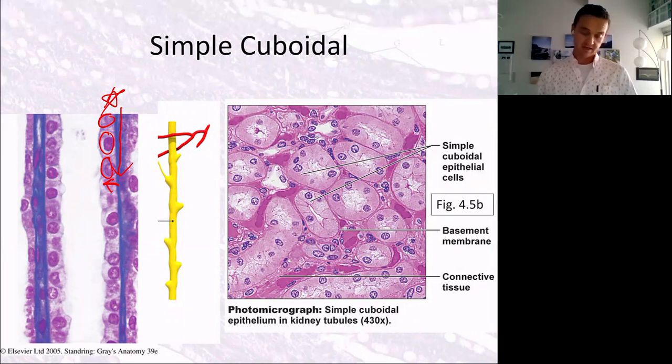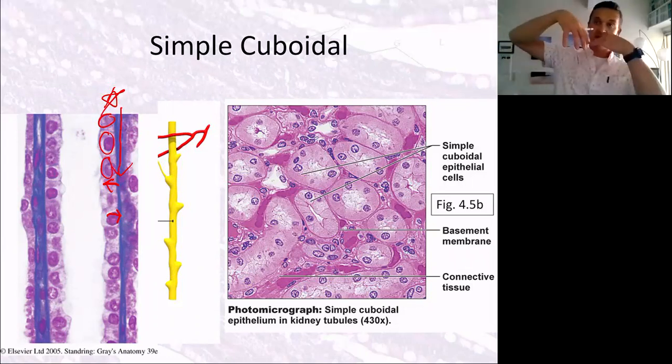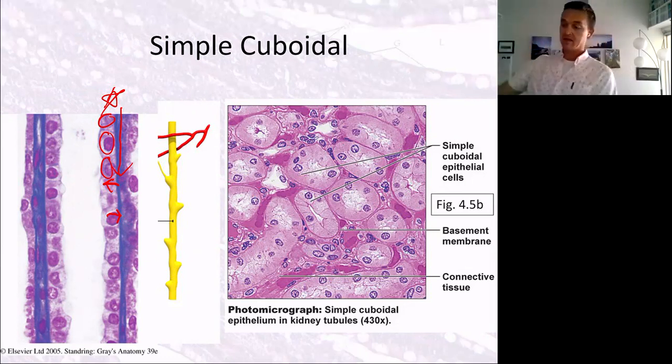Things that need to get entered into the urine so we can get rid of them, waste products, are going to be pushed in that way. That would be the secretion part. So that's like taking a single tube and cutting it down the center so we can see those cells. But then there's a bunch of little tubes sticking down, right, and if we slice it this way, then that's what that picture on the right is looking at.